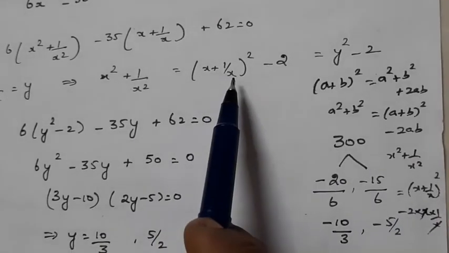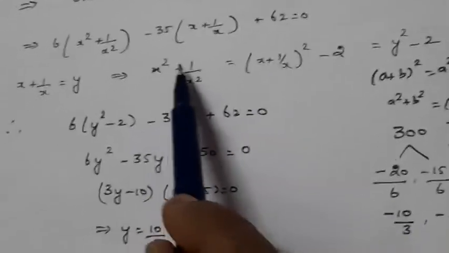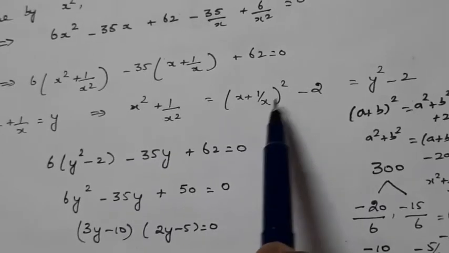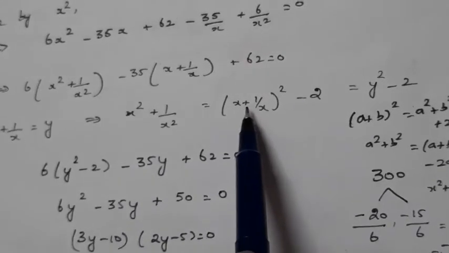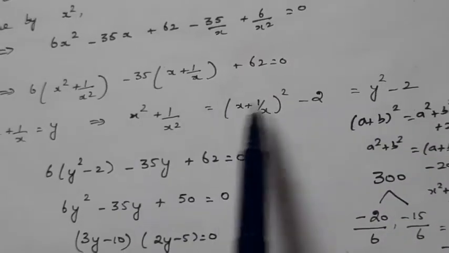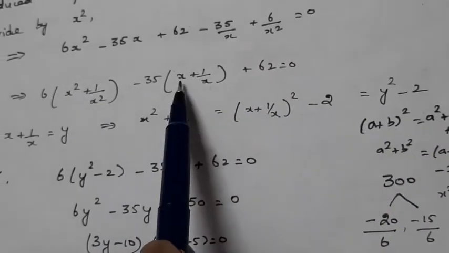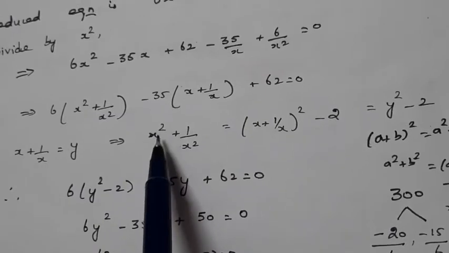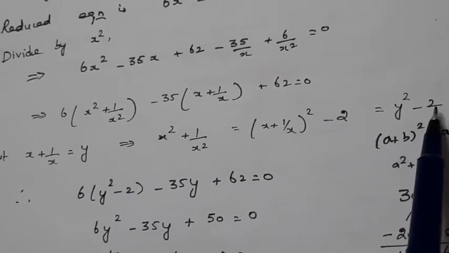So, you can use this, right. So, what is x squared plus 1 by x squared? This will be x plus 1 by x the whole squared minus 2. This is taken as y, so it will become y squared minus 2. So, in all such problems, after taking x plus 1 by x, immediately you can write x squared plus 1 by x squared as y squared minus 2.